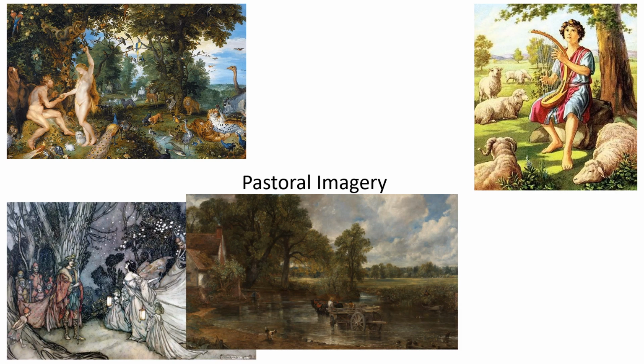Moving forward again to the 19th century and England, and there was a movement against the Industrial Revolution, and looking back to simpler times when life was simple. The painting right there is The Hay Wain by John Constable, and it is a nostalgic scene of innocent, idyllic countryside life. There's no pollution, there's no overcrowding, there's just a simple man with his simple horse and his simple cart living a simple rural life.